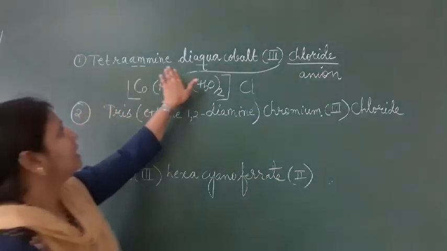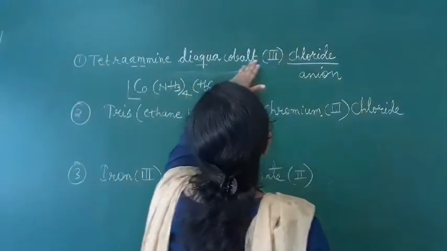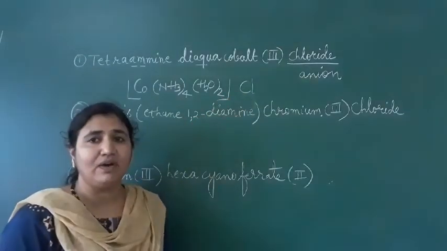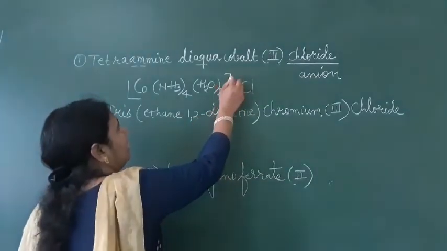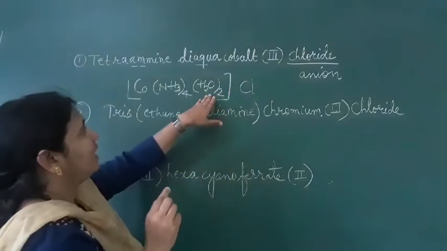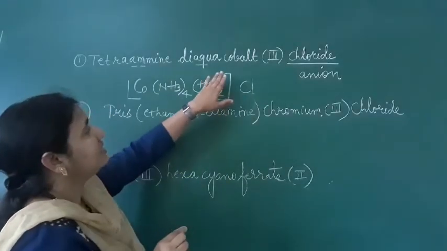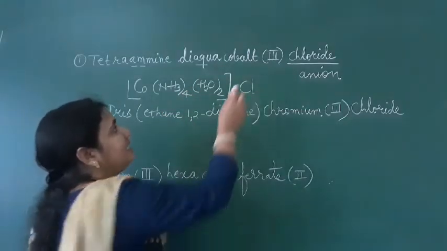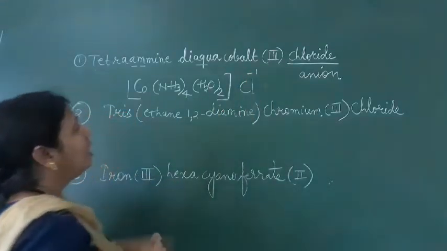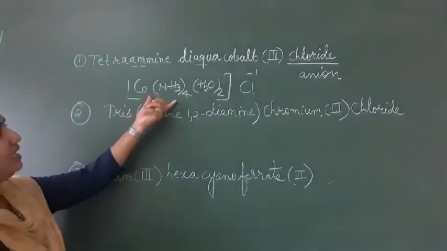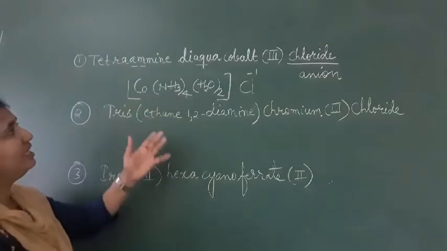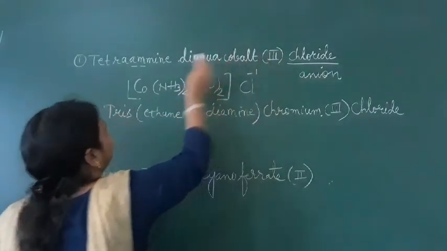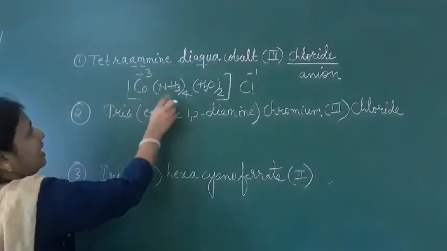Now on this complex cation, what will be the charge? How many Cl should come here? 1 Cl, 2 Cl, 3 Cl? How will we find out? We can find out by taking the charge of both ions. What is the charge of this complex cation? What is the charge of this anion here? The anion charge we know: Cl will be -1. What is the charge of this complex cation? How will we find out? See here, we have ligands, and the cobalt metal atom charge is given as +3. This is +3. Ammonia is what here?